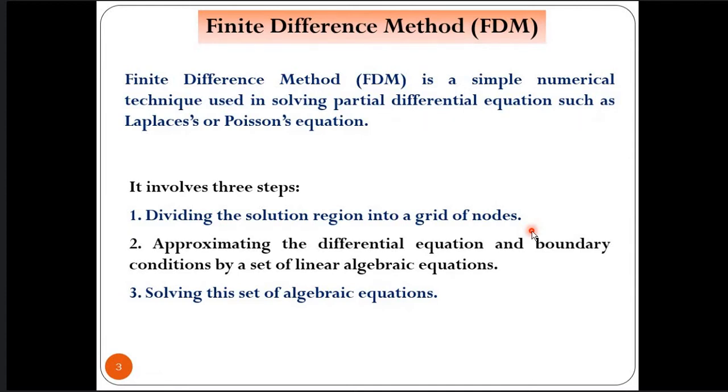Once in the second step we have completed this approximation of the differential equation by a set of algebraic equations, that means at the end of the second step we have some linear algebraic equations. So in the final stage we have to solve the corresponding linear algebraic equations. To solve them, we may have to follow different processes that will also be discussed one by one in detail. So let's start with the first step with some example.